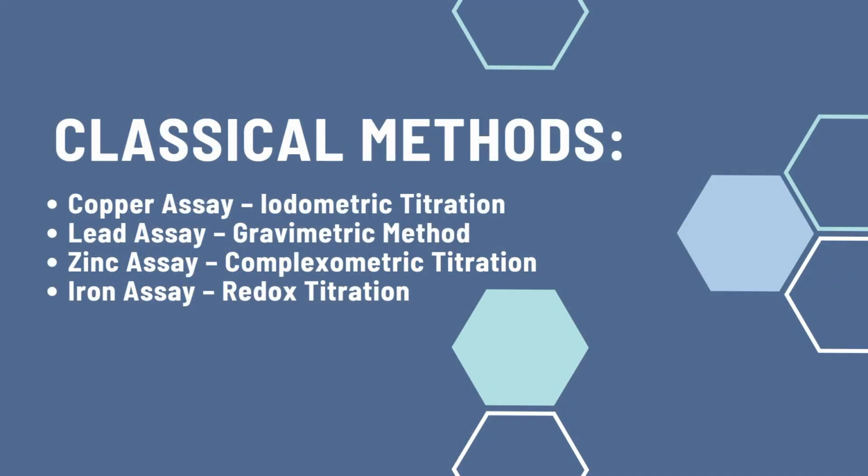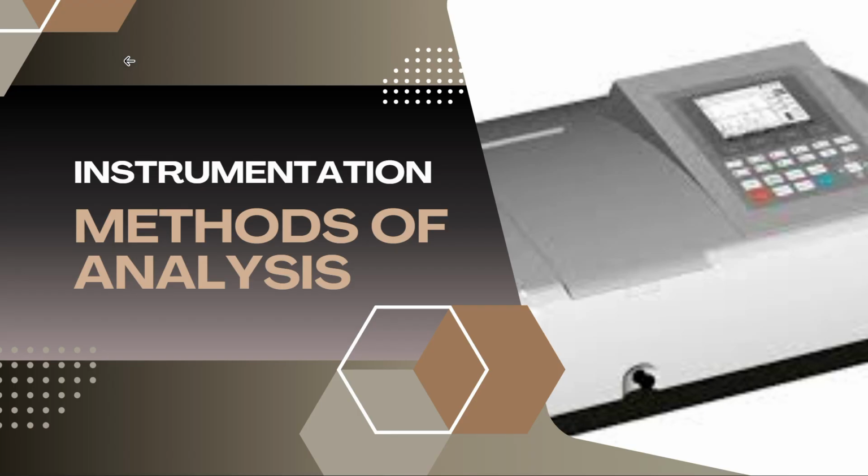And there we have it. The four classical methods: the copper assay is iodometric titration, the lead assay is the gravimetric method, the zinc assay is complexometric titration, and the iron assay is redox titration. Next,